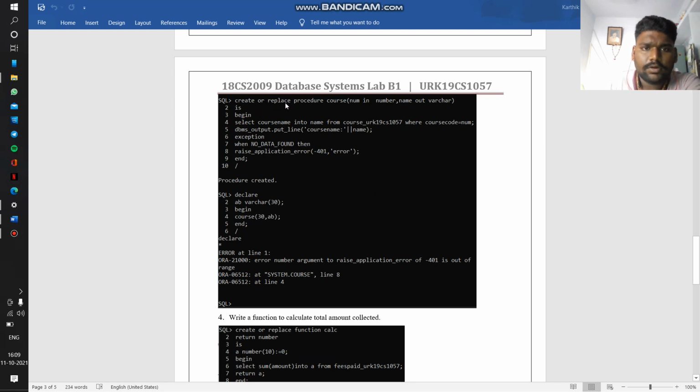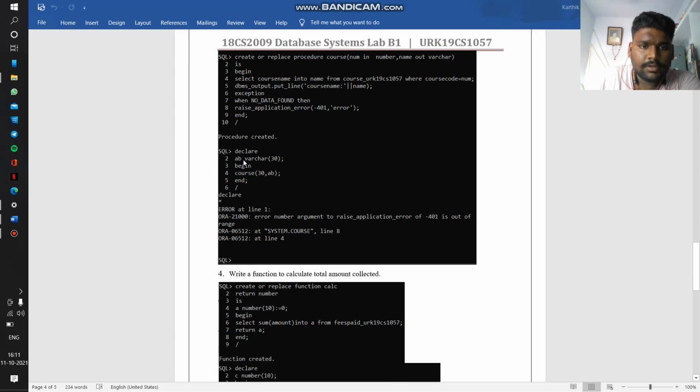And this is the code: create or replace procedure course, num in number, name out varchar, is begin, select course name into name from course table where course code is num, dbms output dot put line course name, exception when no data found, then raise application error minus 401 error. Procedure created. Then declare AB varchar 30, begin course 30 comma AB, end.